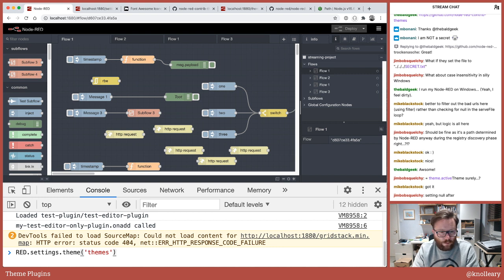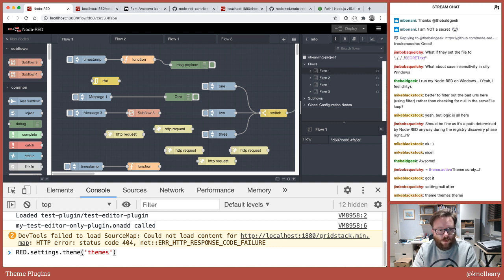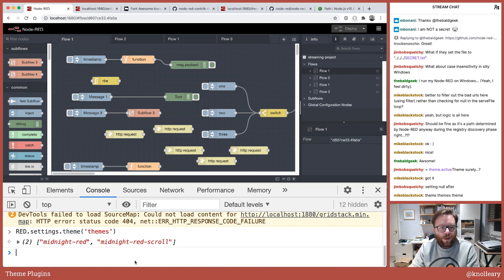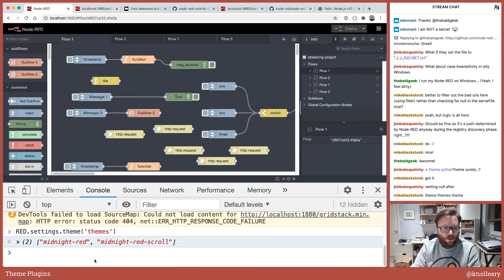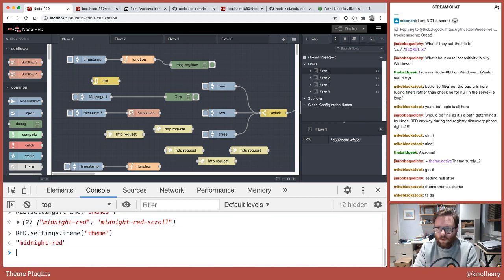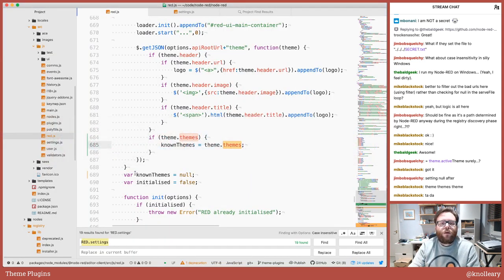Yep, theme. So now when I call red.settings.theme themes, we get the array. We get them. We know them. And when I call theme, we get midnight red. Awesome. Okay. So let's go to